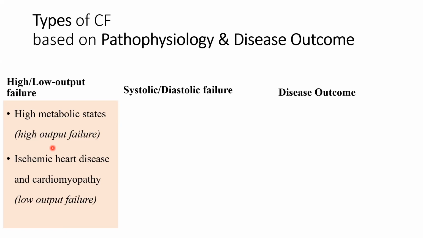So the problem is within the heart itself, and it's unable to provide the normal needs of the body. Again, this is the same information that we've been discussing up till now, but from a slightly more clinical point of view. Okay, so this is one way to classify